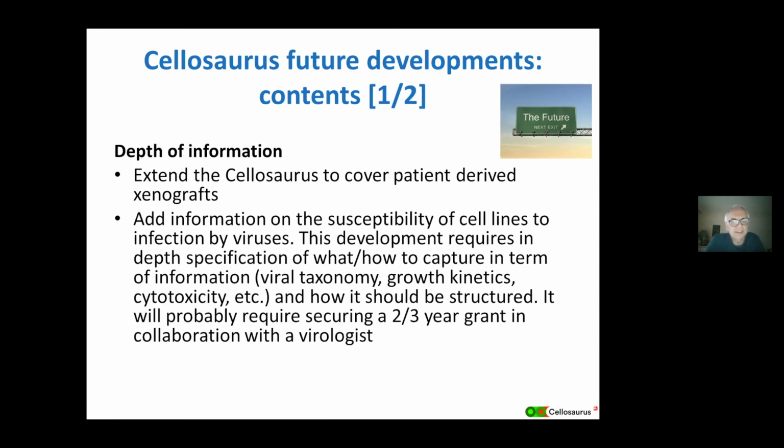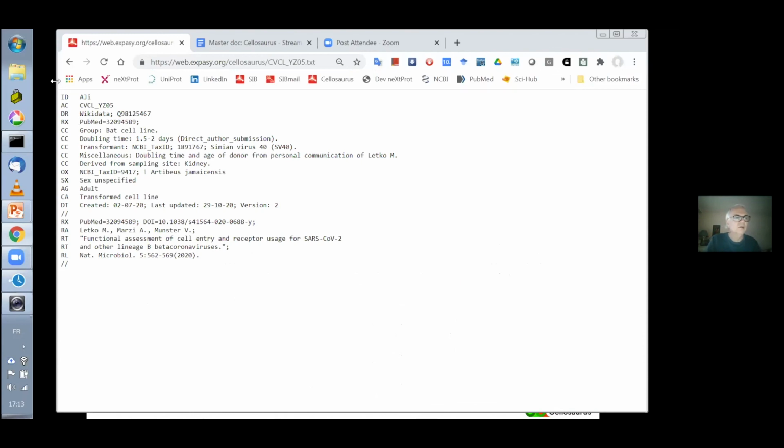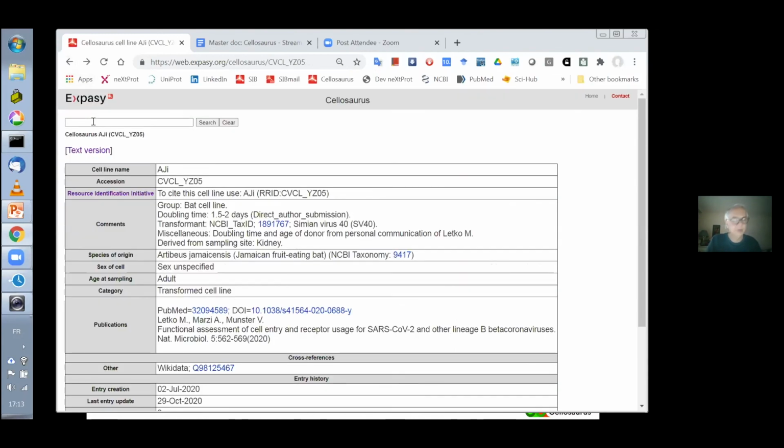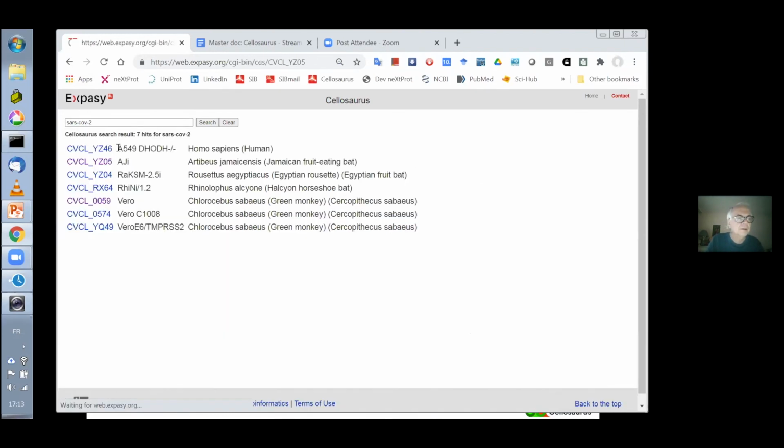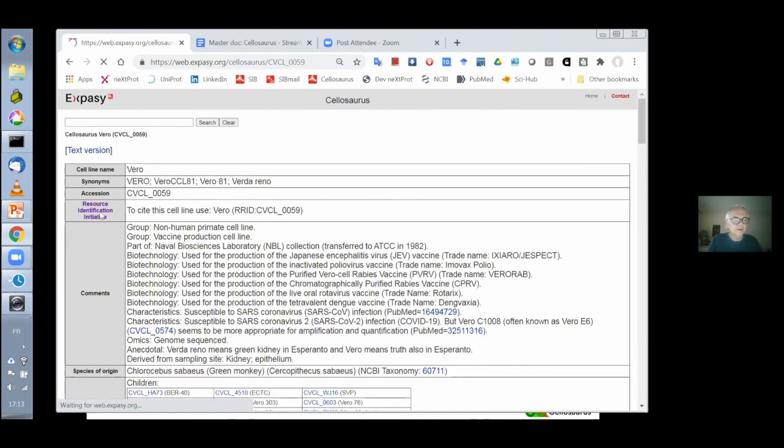So this is not easy as it seems. We do have some type of information like this currently. If I go to any entry and take, for example, SARS-CoV-2, I will have information here that it is susceptible to SARS coronavirus infection, susceptible to SARS-2 coronavirus infection. Okay, this is textual. It's not going to be parsed, and it doesn't give you information about how much of